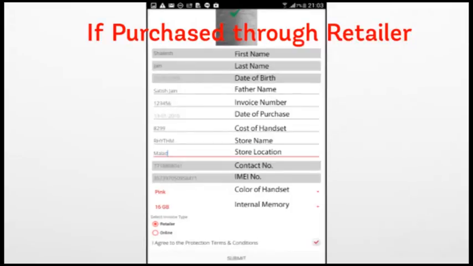Next the customer needs to select the color of the handset purchased and the internal memory of the device. Now you need to select on invoice type. So if the handset is purchased through retailer, select retailer, and if the handset is purchased through online, then you need to select online. Now the handset here purchased is from retailer, so you will select retailer. Then you will click on I agree to the protection terms and condition and click on submit to proceed with